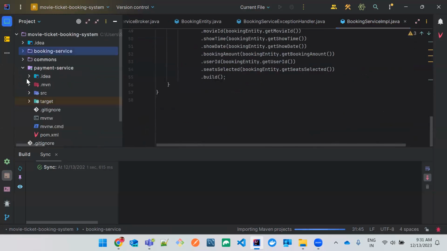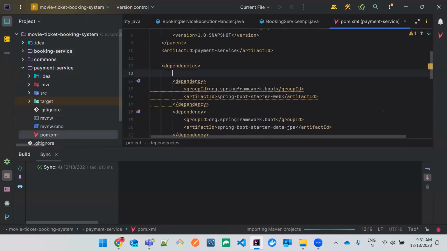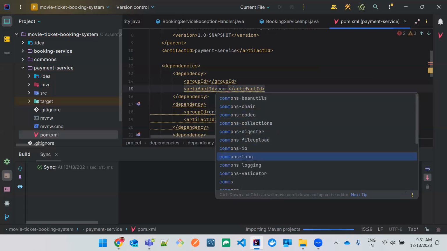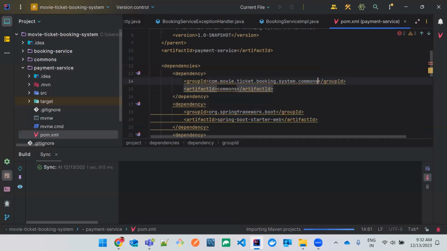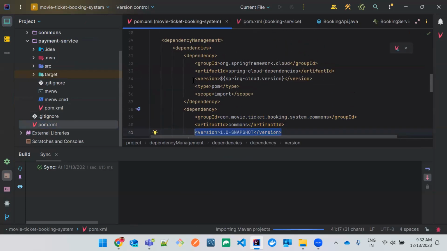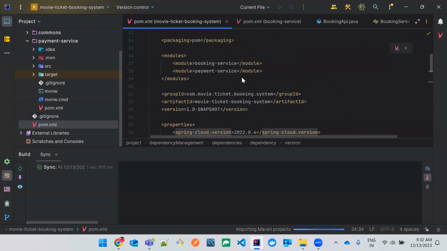Now I want to go to this payment service, and add the pom.xml dependency of commons, and add the group ID as this one. You don't have to add the version, because if you see the parent pom.xml, the version is automatically managed from the dependency management. So whatever dependencies you define over here, let's say right now the dependency is Spring Cloud dependencies, and if you see this version, the Spring Cloud version is